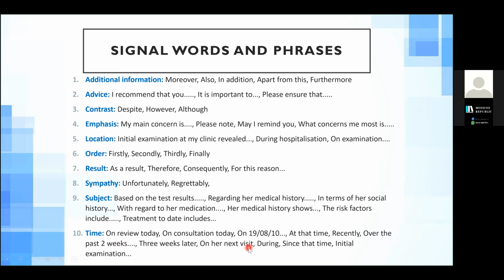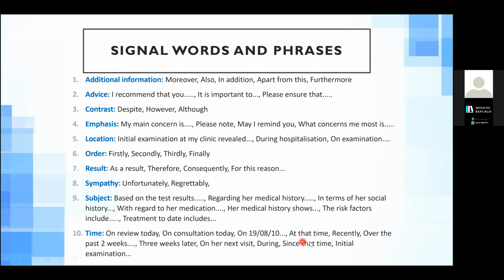Okay, one thing I noticed in your letters is that when we're talking about today's, the last consultation of the patient, for example, if the consultation today is 27/05/2021, the patient had a last consultation today. You do not have to write on today's consultation on 27/05/2021. We have already mentioned the date before. You do not have to write the date again if you are using the word today.